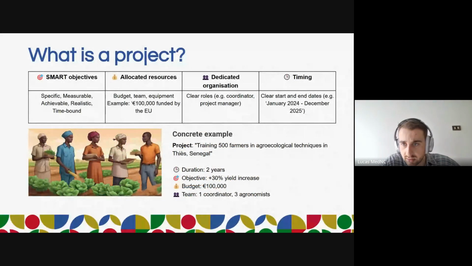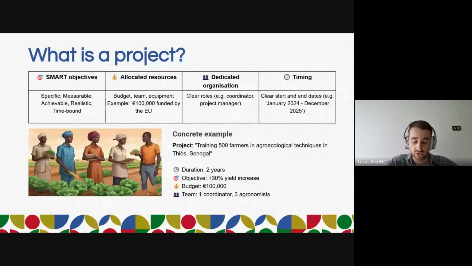So I'm just going to close this. Okay, great. So what is a project? A project has those four steps that I just told you about. A project needs to answer a specific objective. For that, we'll follow the SMART objectives method. It's very basic; I'm pretty sure all of you have already heard of this. But an objective has to be SMART. That means it has to be specific, measurable, achievable, realistic, and time bound.